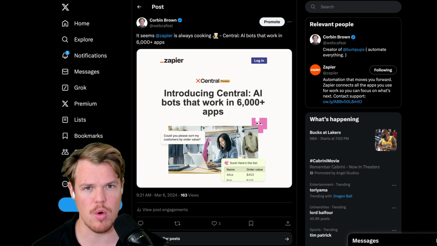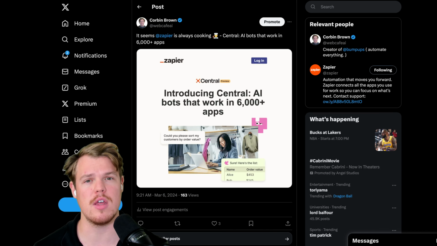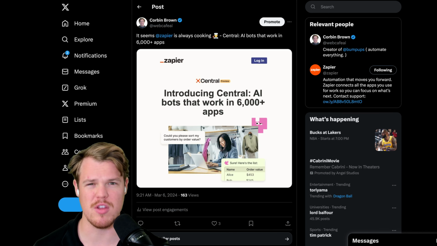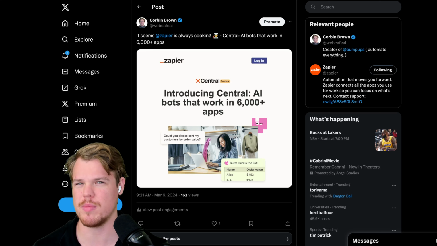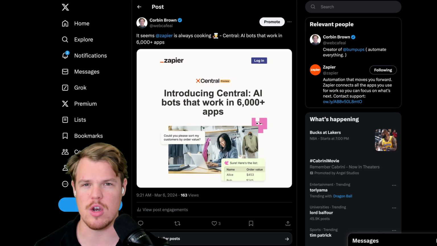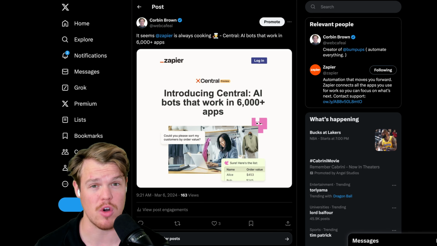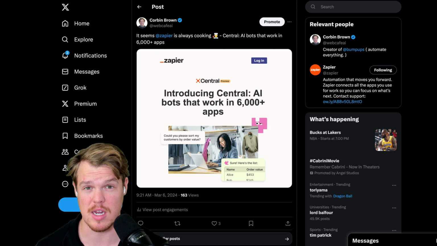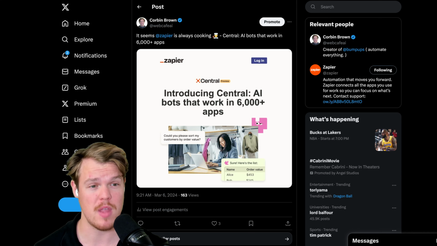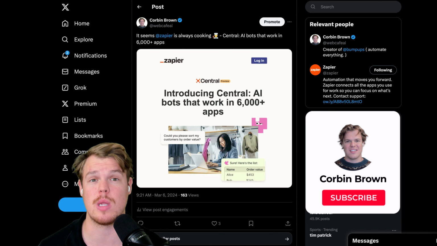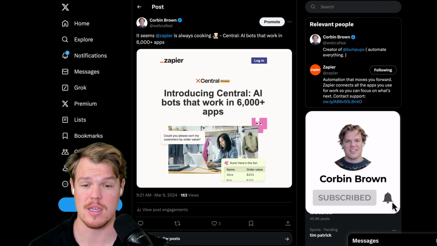Zapier. As you probably already know, when dealing with Zapier and ChatGPT, there's a little bit of nuance involved, a little bit of extra code, a little bit more understanding that you would need in order to really leverage their GPT or just their plugin. But it seems like Zapier has released their own version with their own user interface that is really seamlessly integrated. So in this video, I just want to go over everything that we can do with it up to this point. And then maybe in future videos, I'll do more specialized use cases to start leveraging these Zapier